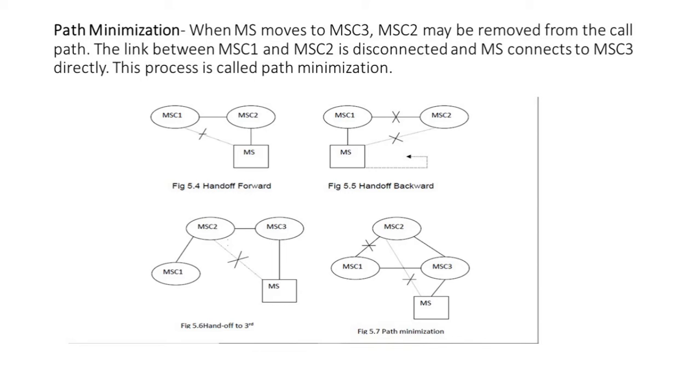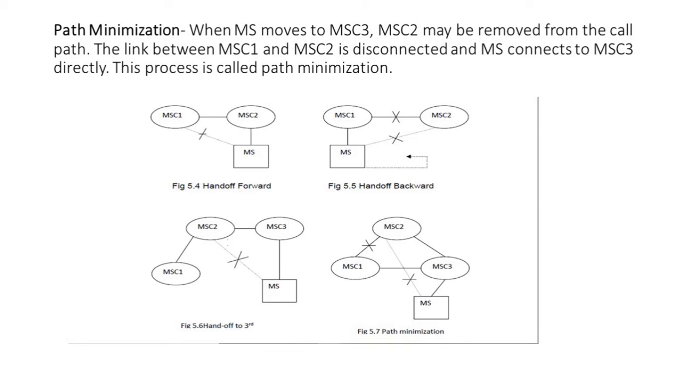So there is now no requirement, as shown in figure 5.6, to connect MSC1 to MSC2 to MSC3. Now the MSC1 and MSC2 link will be removed because the path has to be minimized. This is also required to have a congestion-free network, because if the path is longer, you will spend more time on the network, and since you spend more time on the network, there will always be a problem of network traffic. So we always try to give a smaller path to communicating channels, so that they can complete their communication very fast, and there is less traffic on the network.